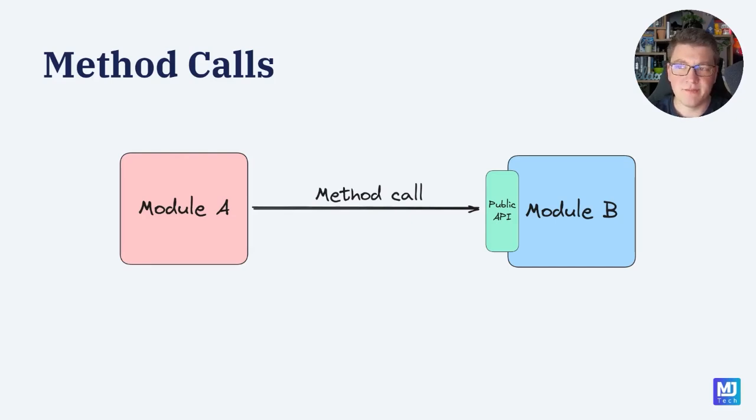Now, inside of a monolith system, this will usually be the case, but what happens when you extract the dependent module into a separate service? At this point, the public API could remain the same, but you can no longer use a method call, and you will have to replace a method call